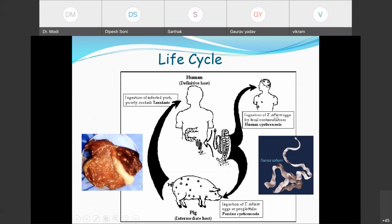Okay. So how did this neurocysticercosis come? It has to be by the ingestion of these proglottids or the eggs. So how can that happen? Either we eat food material which is contaminated by human feces, meaning if we have fields which are irrigated by water contaminated by human feces, all these proglottids or eggs in the human feces will stick to your vegetables, right? So eating raw vegetables which are not properly cooked is the main source of neurocysticercosis. So I want to clarify again that it is not the eating of measly pork which leads to neurocysticercosis. It is by eating contaminated food or raw vegetables which are laced with these eggs,